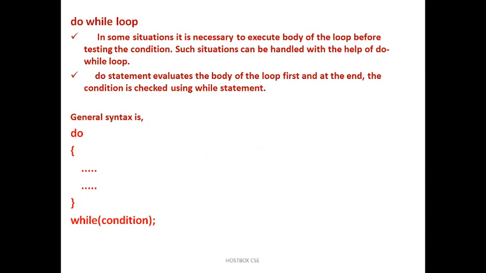Now next is the do while loop. What is the do while loop? In some situations, we have to execute some statements first, and then we can check the condition. So remember, the statements in the block will execute one or two times, and after that we go and check the condition. What is the difference? In a while loop, if the condition is true, it will execute, otherwise not. But here it executes at least once.